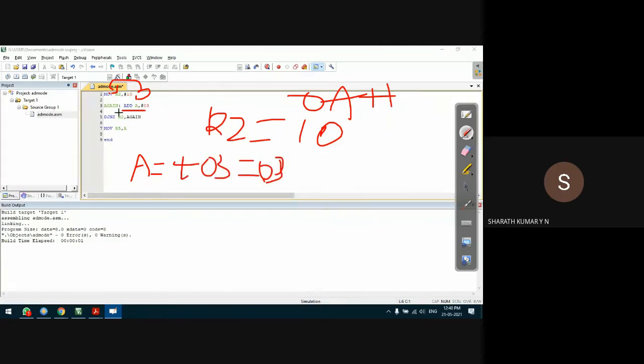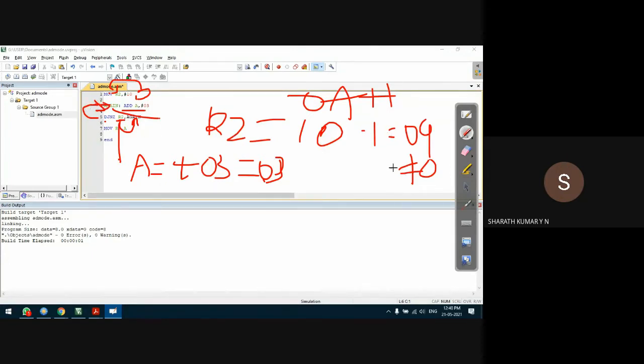Then it checks the content. First it will decrement the content of R2 by 1, so it becomes 09. It compares this with 0. If it is not equal to 0, then it will jump to the label "again", which is part of the instruction. That means it will go back to this line. So this line is repeated each time after decrementing R2 and comparing it to 0, if it is not equal to 0. This "again" line is repeated 10 times.